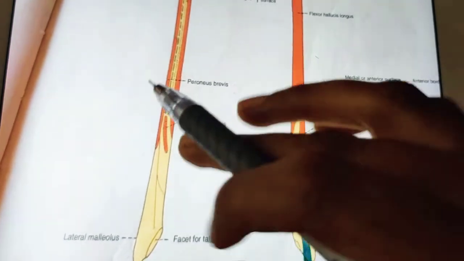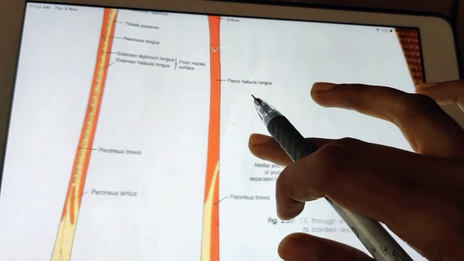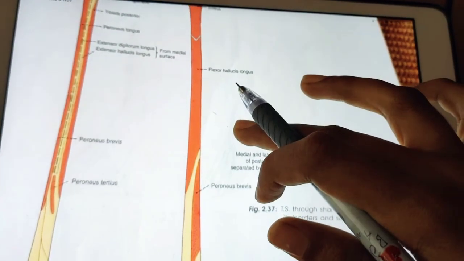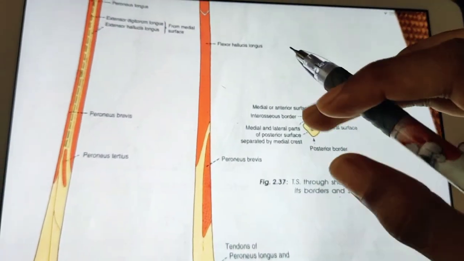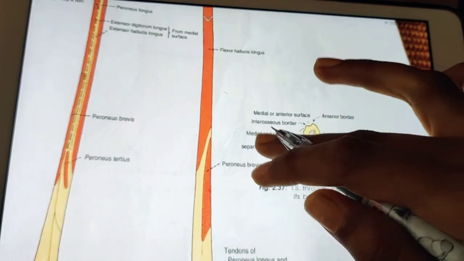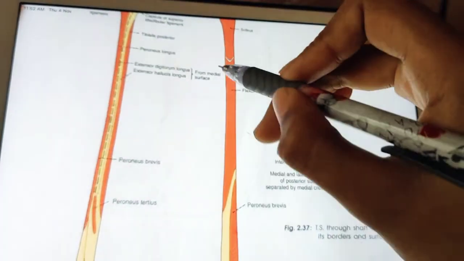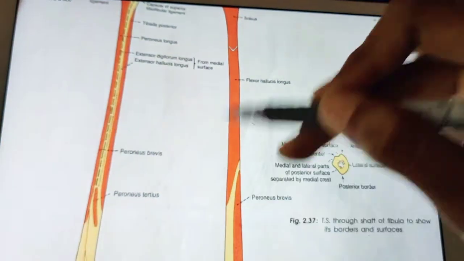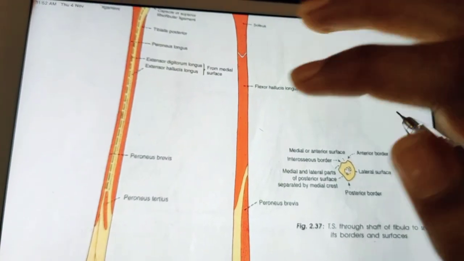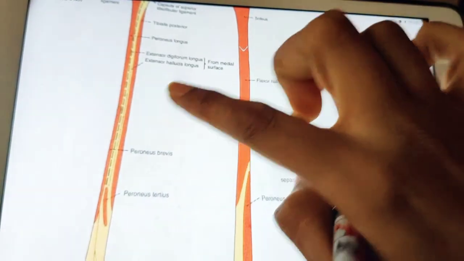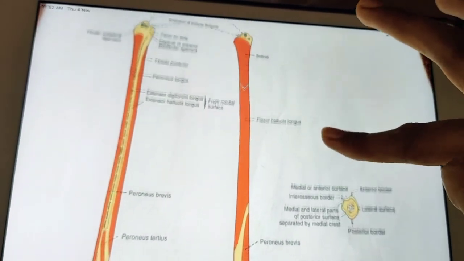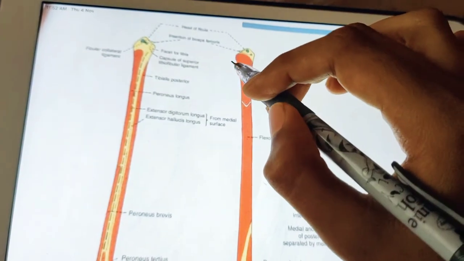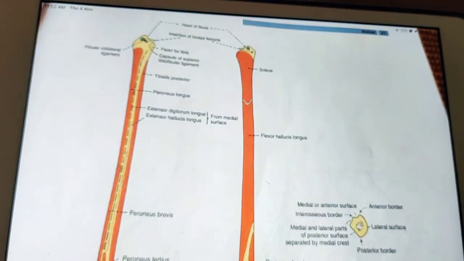Next, coming to the posterior border. Here you can see this is the posterior border, right? So the posterior border gives attachment to the posterior intermuscular septum over here, and also the interosseous border gives attachment to the interosseous membrane this side. These are both interosseous borders which give attachment to the interosseous membrane on the medial side. Okay, and it leaves a gap at the upper end for passage of the anterior tibial vessels. So at the upper end, some gap for the anterior tibial vessels.